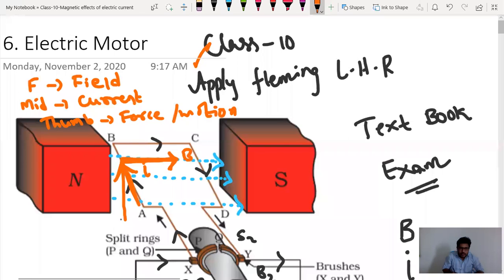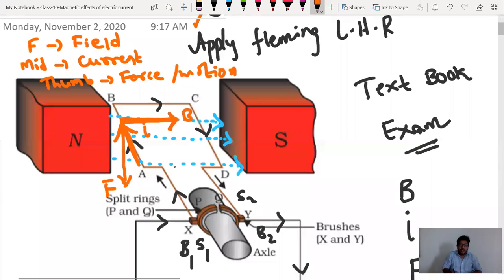That force will be downwards. So what will happen if electricity is given? Automatically this CD limb will move upwards and this BA limb will turn downwards. So it will take half rotation like this. After half rotation, what will happen? You can find,